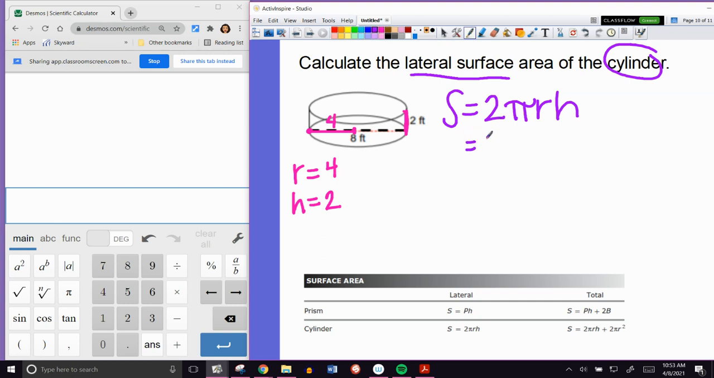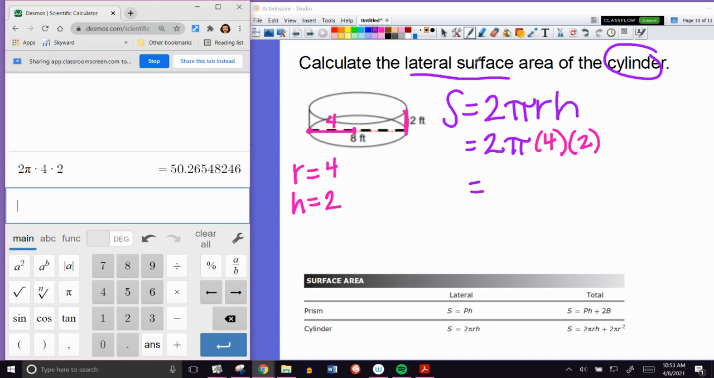So now I have the information I need. I can plug it in. 2 pi, and then we said our radius was 4, so times 4, and our height is 2. So now when I go to my calculator, I'm just going to plug in 2 times pi times 4 times 2, and my lateral surface area is going to be